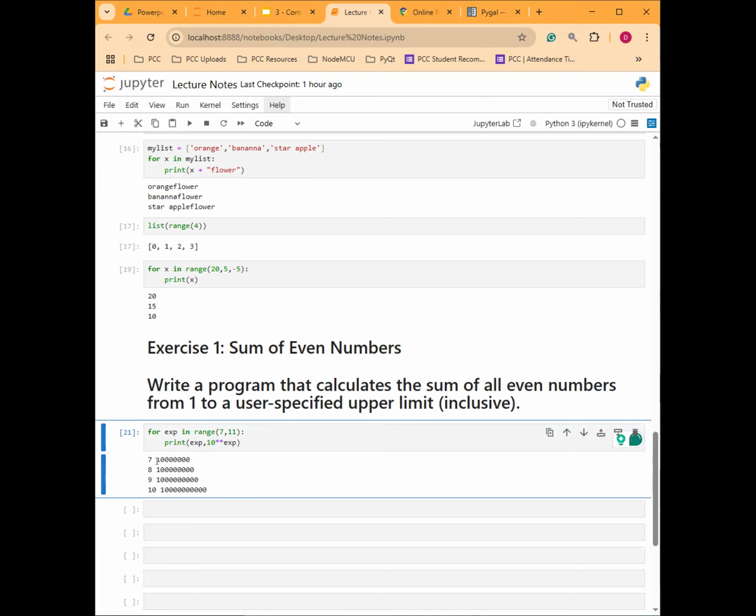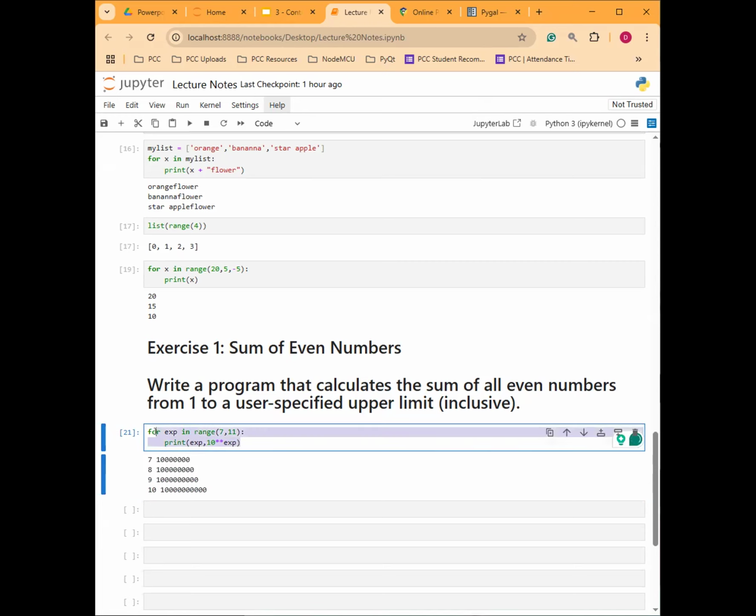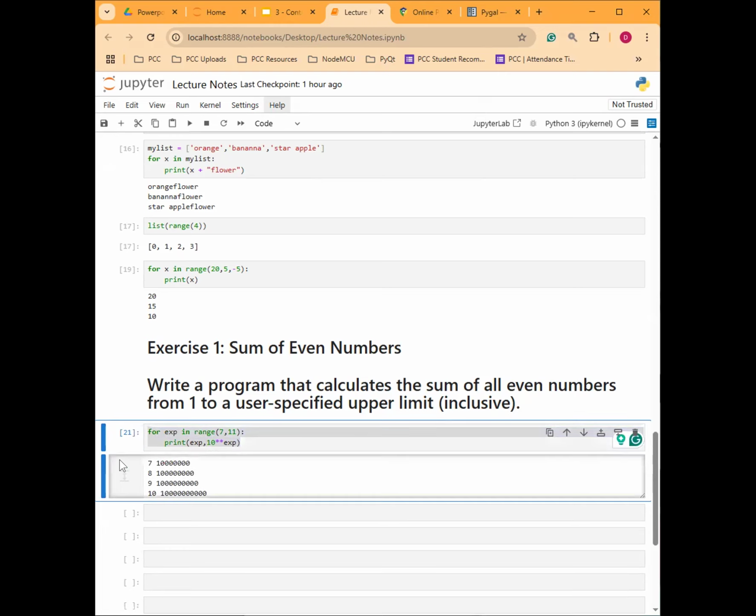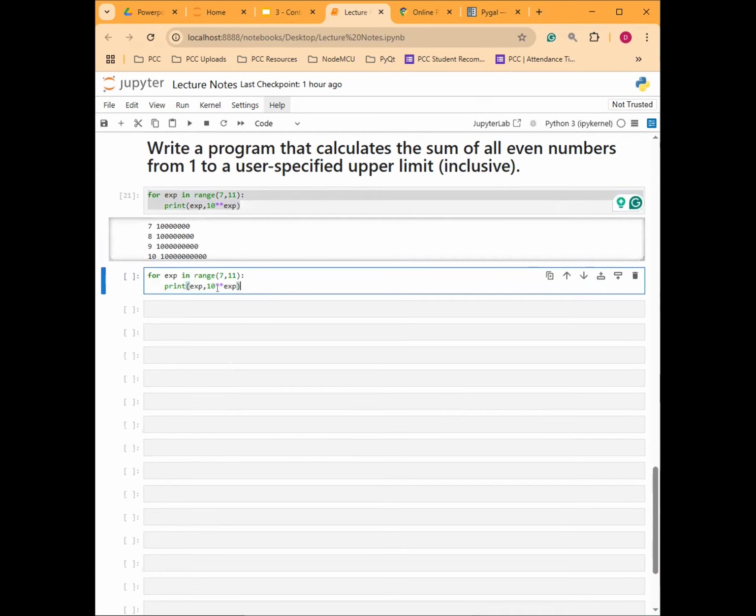Okay, so it's not aligned, right? The output is not aligned. So if we use a format string for this one, all right, let's just copy and paste it. We're going to use a format string. So how does this one work? So you start with